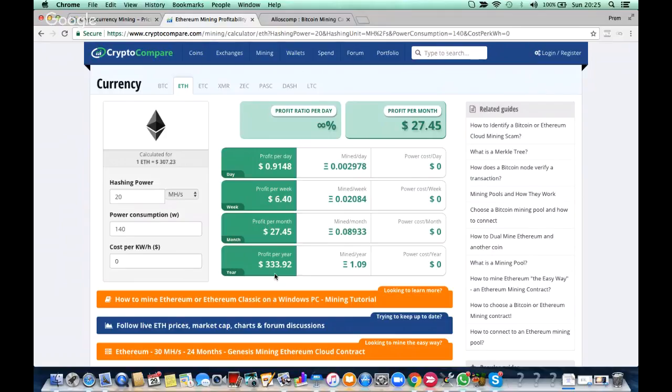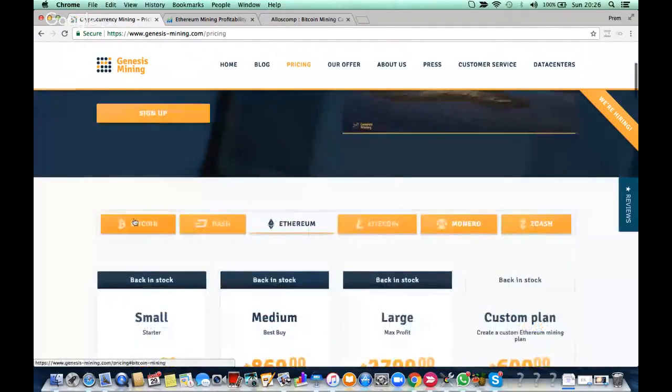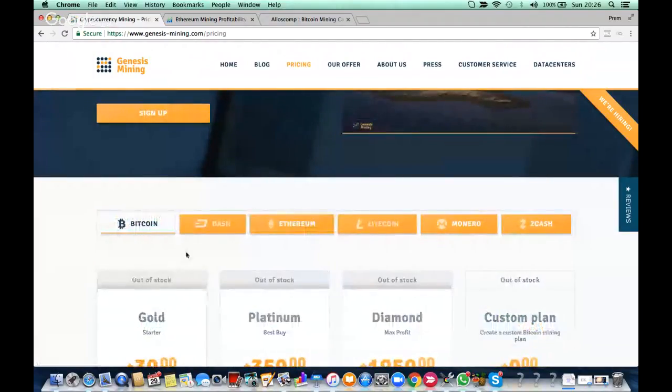If you get started now, you have 2 years to run the contract out. If you start later, you could buy it then. But if it becomes really profitable to mine then, you may not even get it. So this is the trouble. All these extremely high value, profitable coins are out of stock. Why? Because,